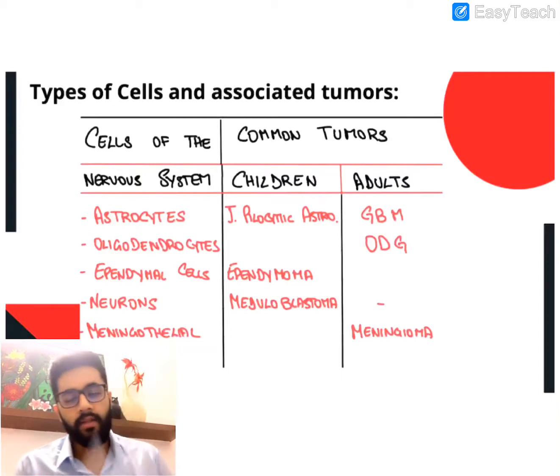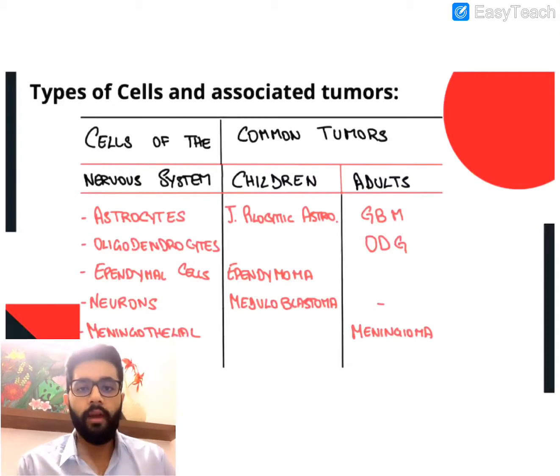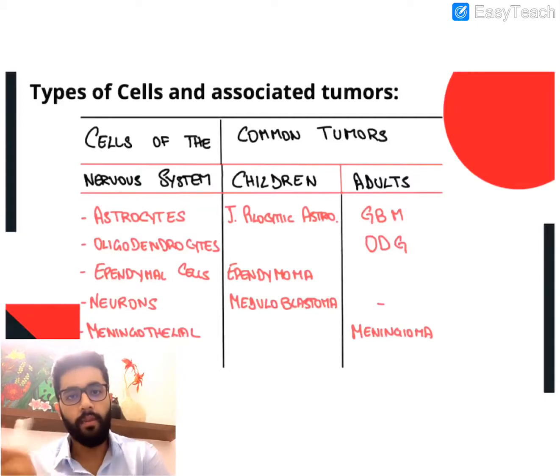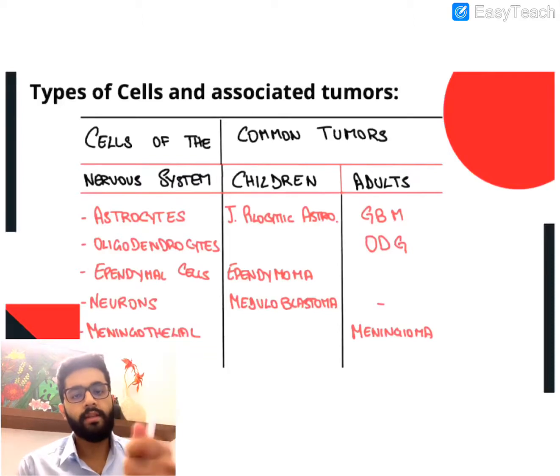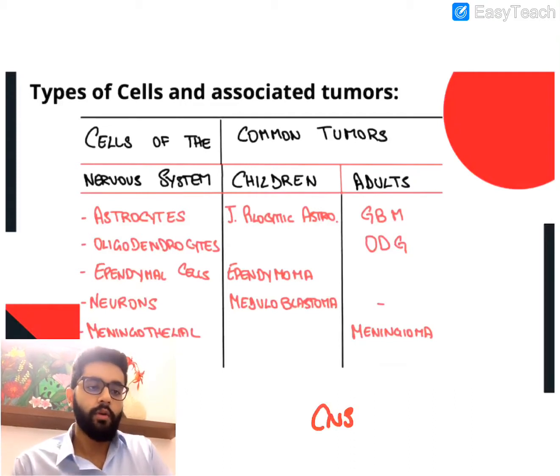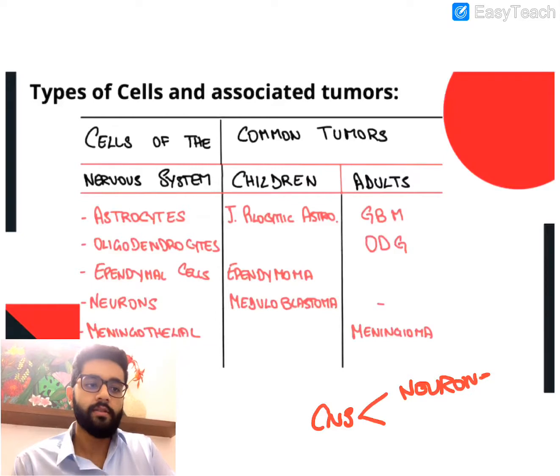Now this discussion will be mainly limited to the primary CNS tumors. To understand the primary CNS tumors, we must first know what the normal cells found in the brain are. Only if we know what the normal cells are can we understand the malignancies that arise from each of these cells. All of these cells can give rise to different kinds of malignancies with different features. So first, let's talk about the cells of the brain. The CNS consists of two kinds of cells broadly. The first kind are your neurons, which are the principal cells of the CNS, and the second are your neuroglia, which are the supporting cells of the CNS.